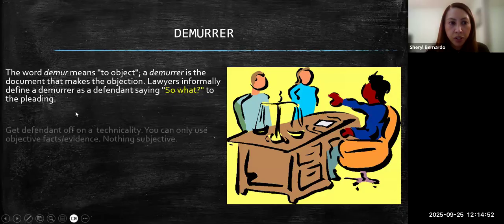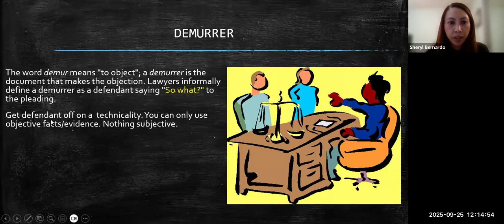So the word, I'm going to mention that. So you're basically trying to get the defendant off on a technicality, right? Not necessarily on evidence, right? You can only use objective facts and evidence, right? Nothing subjective, which,